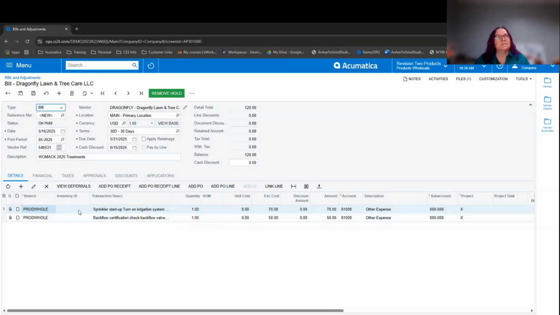But if this was an actual invoice from a vendor and you had stock part numbers or something like that, then it would come up with the inventory ID. On mine, it didn't have that because this was just a test. So all of your information is here, and you can remove hold, release it, pay it, just like a normal